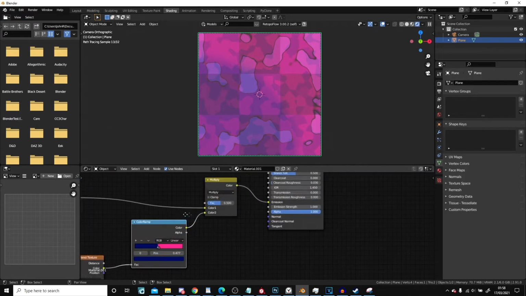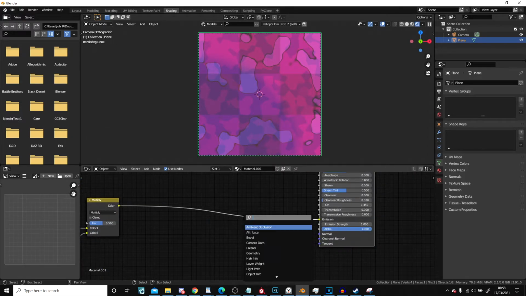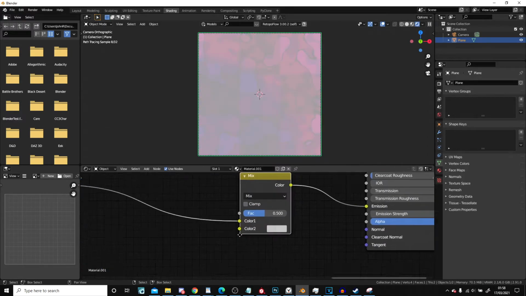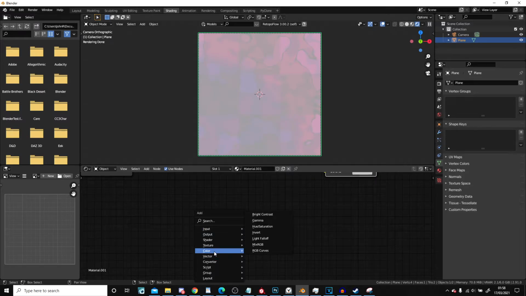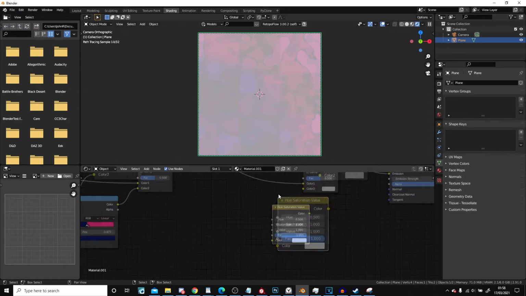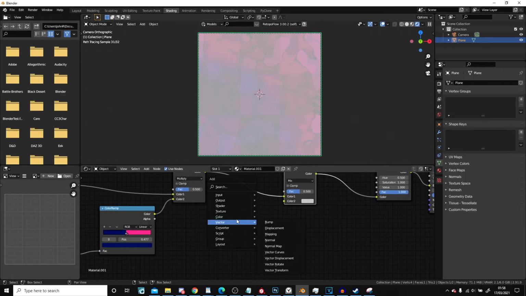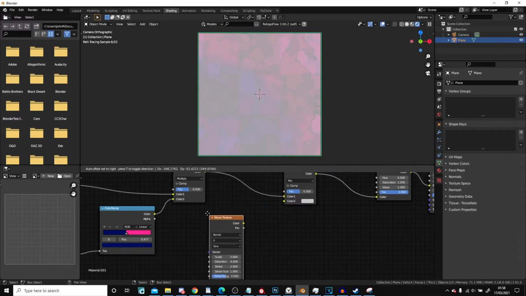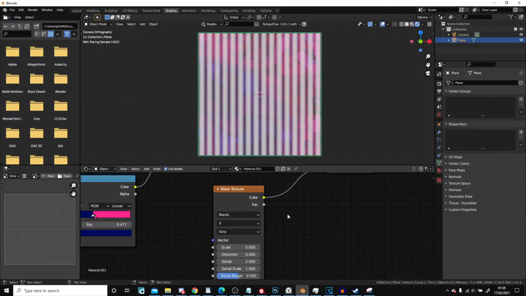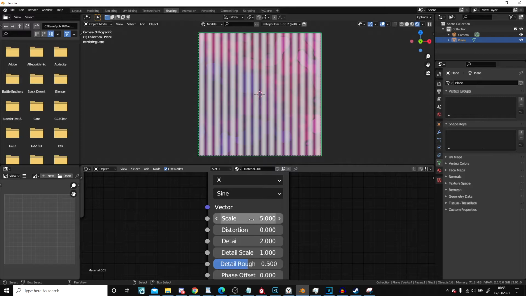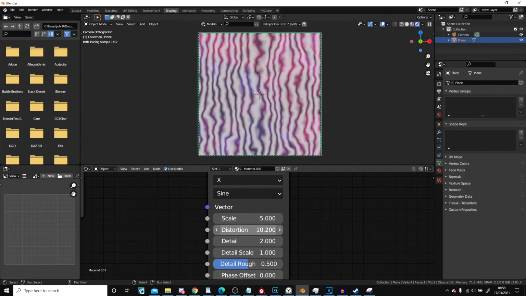And so let's add another one in, go mix RGB, and we'll go for, alright, this time a hue saturation, which we'll put at the end, but we'll add a texture, maybe a wave texture. Wave textures can look good. Obviously we don't want that, but you can scale it, distort it so it's not straight, detail it, detail scale it,